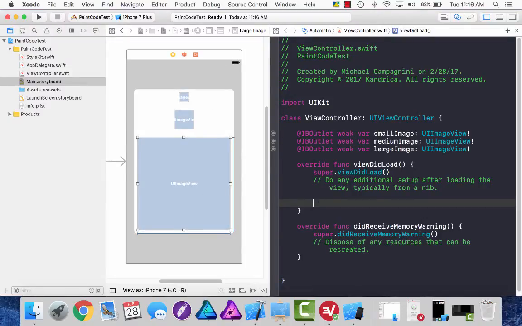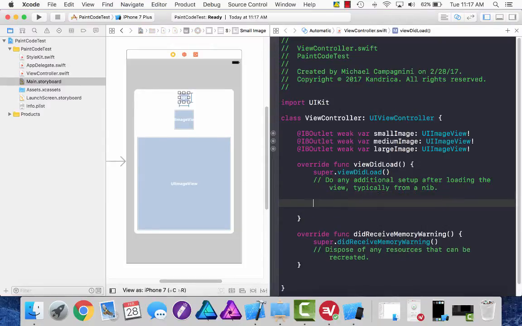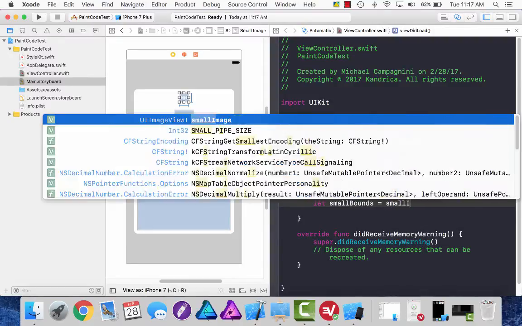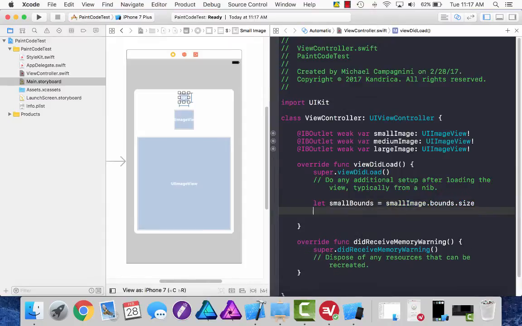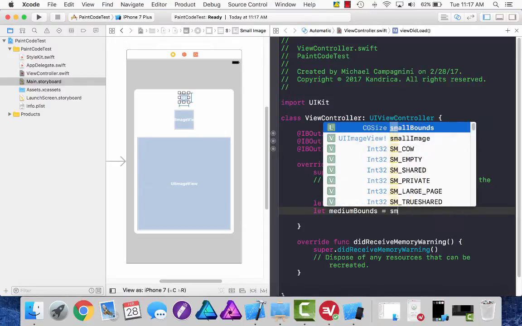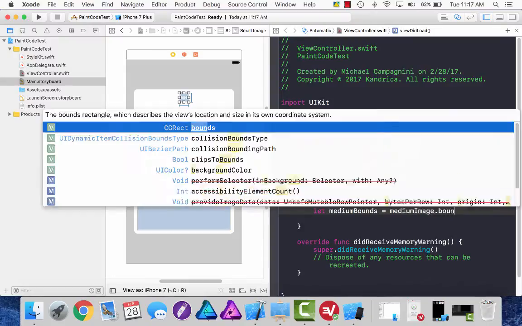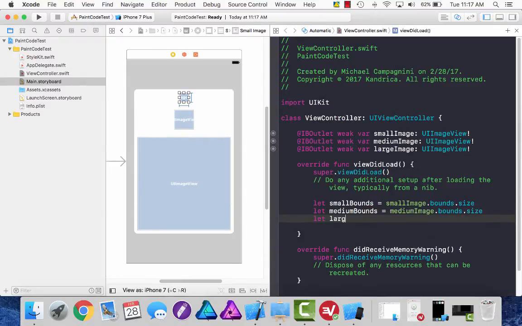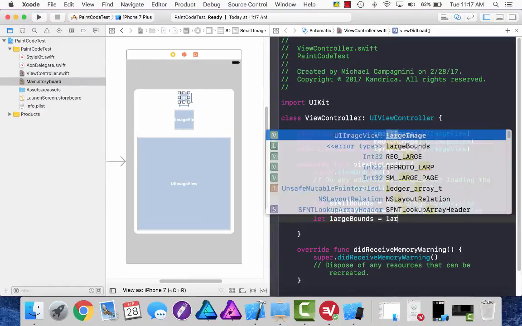The first thing I'm going to need to do is get the bounds of each of the image views that are in my scene. The bounds are the height and the width values for each of these elements. So I'm going to start by getting the bounds of the small image view. Let smallBounds equal smallImage.bounds.size, and the same for the other two. Medium bounds equals mediumImage.bounds.size, and finally let largeBounds equal largeImage